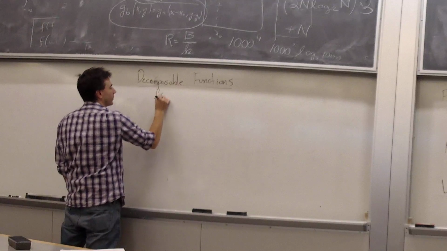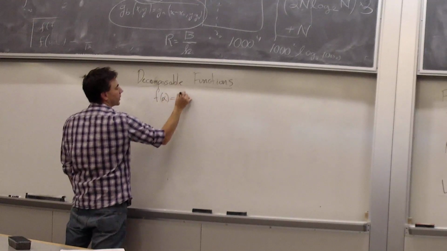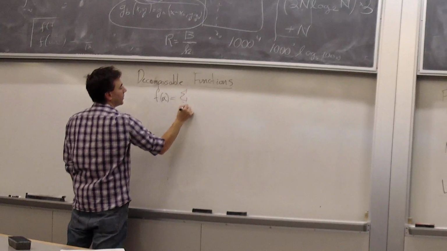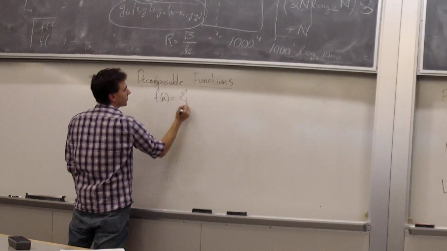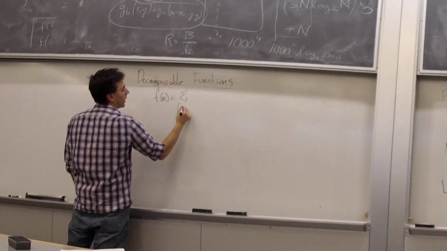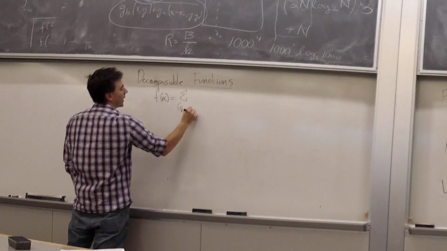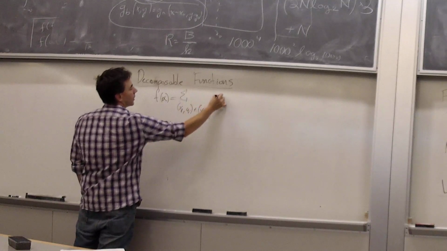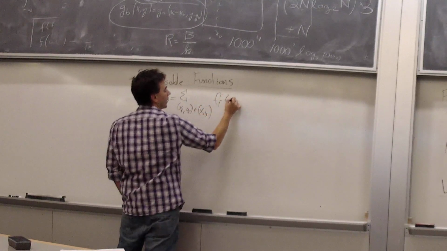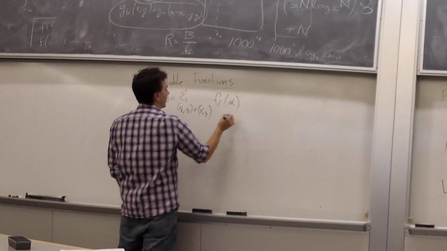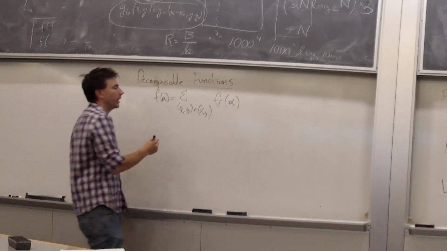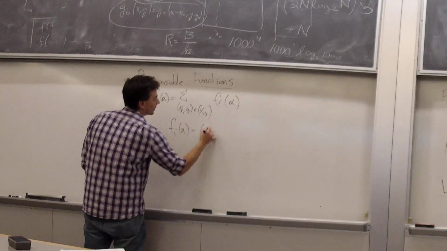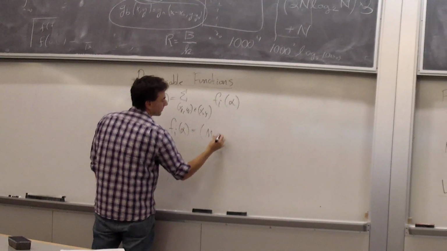My f of alpha is going to be equal to the sum over (x_i, y_i) of f_i of alpha, where f_i of alpha, in general,